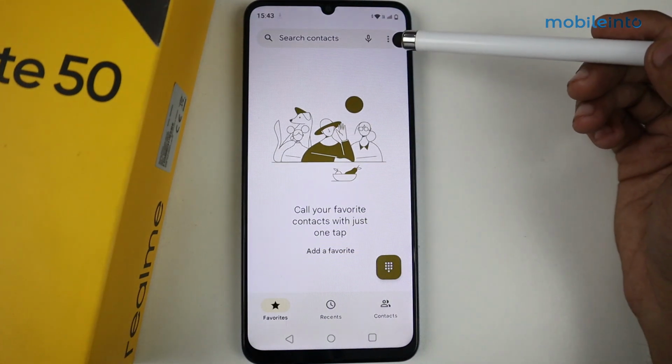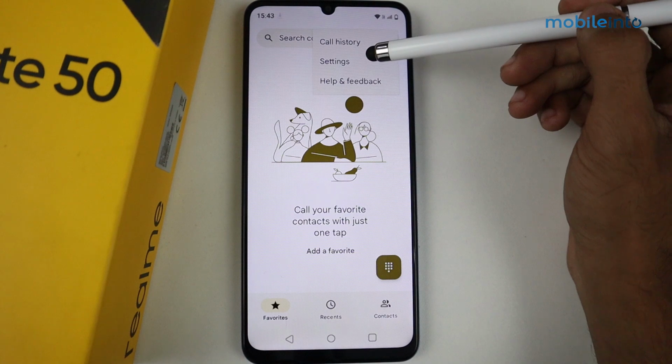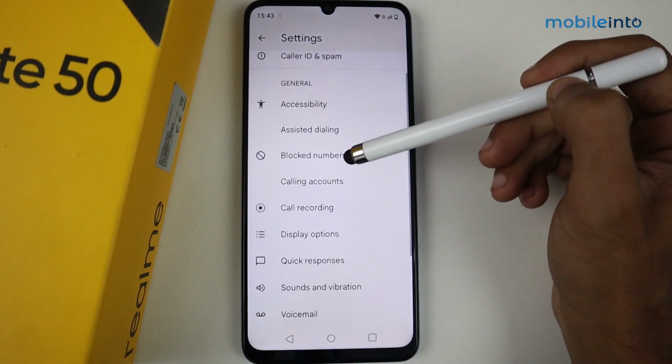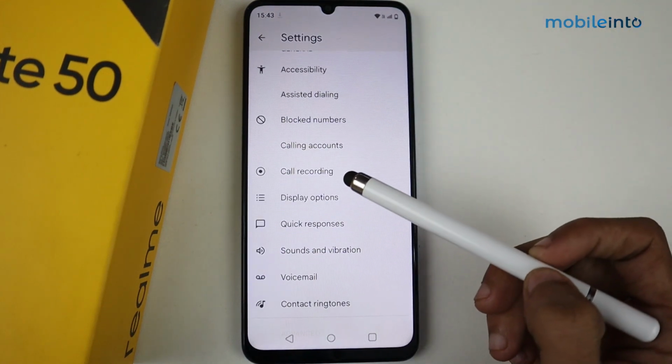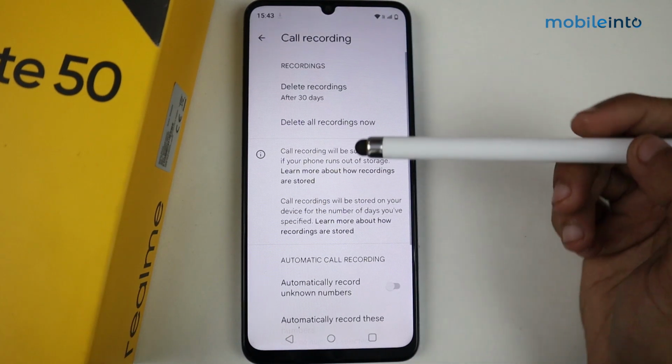and here you see three dot option. So just click on three dots. After that, go to settings and then scroll it down. As you guys see, we have an option of call recording. So just click on call recording